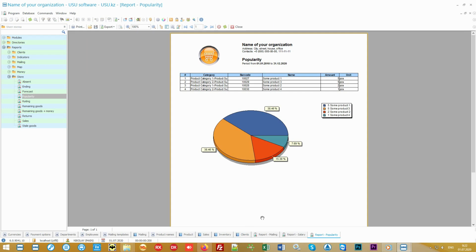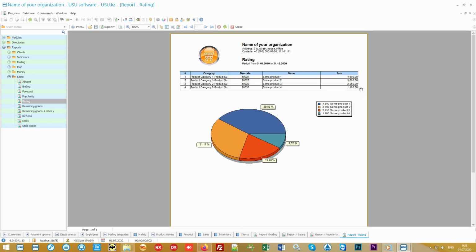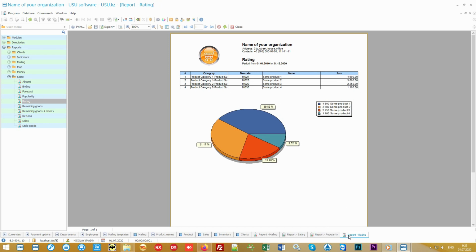First of all, you can identify the product that is most popular. Also, in a separate report, the software will show the product which earns you the most. Although it's possible that it's not that popular in quantitative terms. And there is a fine line. If you see that you do not earn the most on the most popular product, then you will immediately understand that there is an opportunity to increase the price for it, so that increased demand translates into additional income.